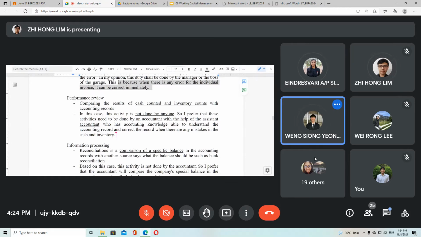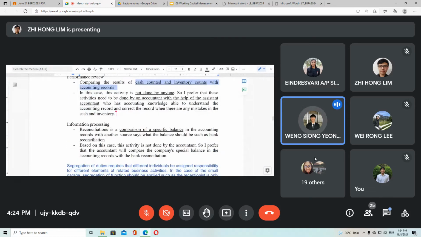Okay, the fourth internal control system is performance review. Performance review is comparing the result of cash count and inventory counts. In this case, this activity is not done by anyone. So I would prefer that this activity be done by an accountant with the help of an assistant accountant who has accounting knowledge, able to understand the accounting records and correct the records when there are any mistakes on